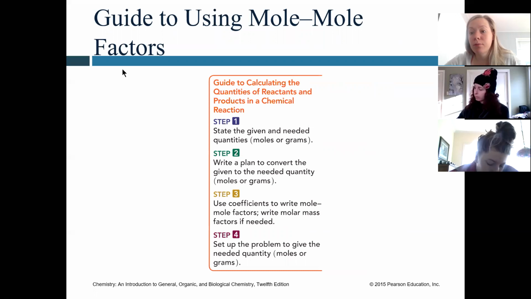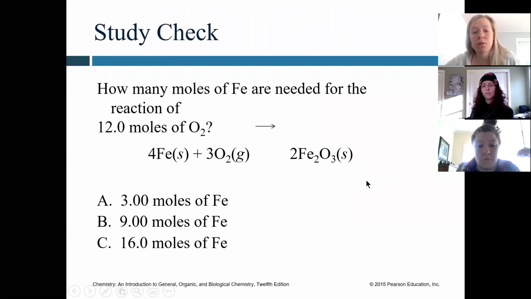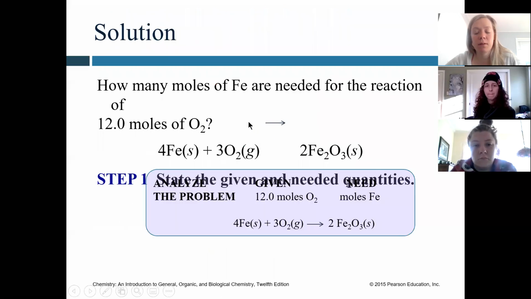So when running through these calculations, state the given and needed quantities, and it can be in either moles or grams. Write a plan to convert. Use the coefficients to write a mole to mole conversion factor, and hop from one to the other. And if you need to use molar masses, go from there. So this one,